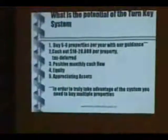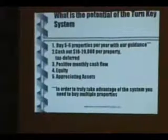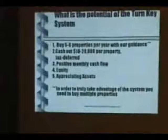Positive monthly cash flow. Equity, appreciating assets. And in order to truly take advantage of the system, you need to buy multiple properties. Because one, which gives you $12,000 plus $20,000, if it gave you $30,000 in cash and equity, and it gave you $100 extra a month, that's great, that's nice. But that's not really making a significant impact on your long-term wealth and your long-term portfolio. It may make, you may want to